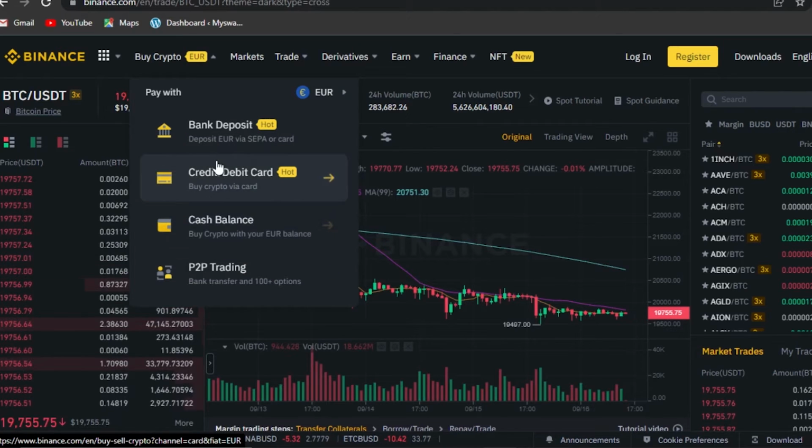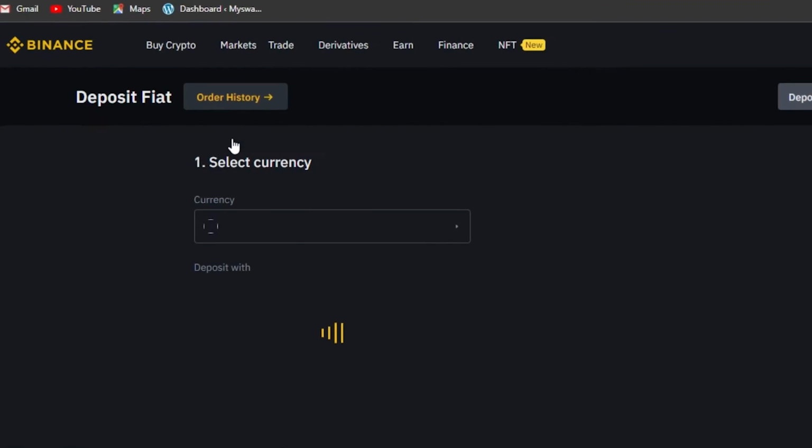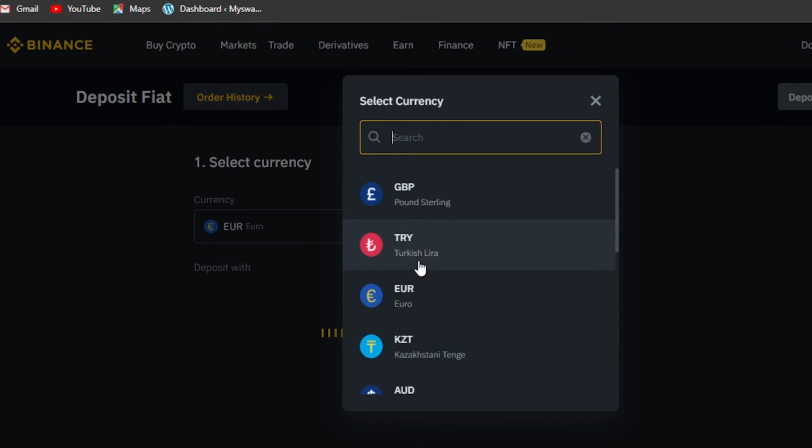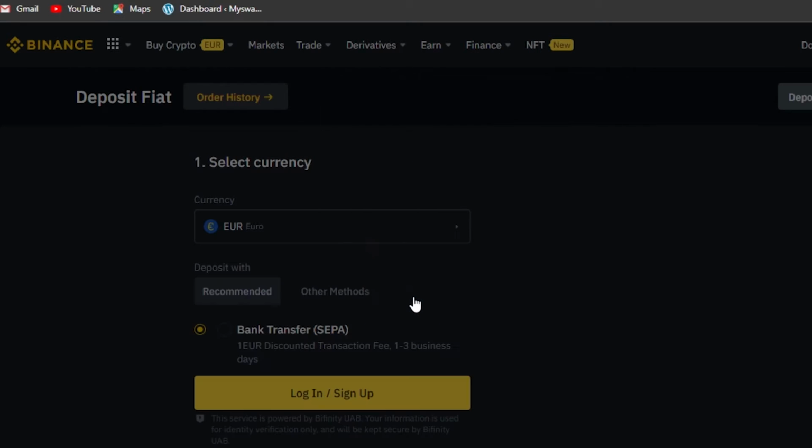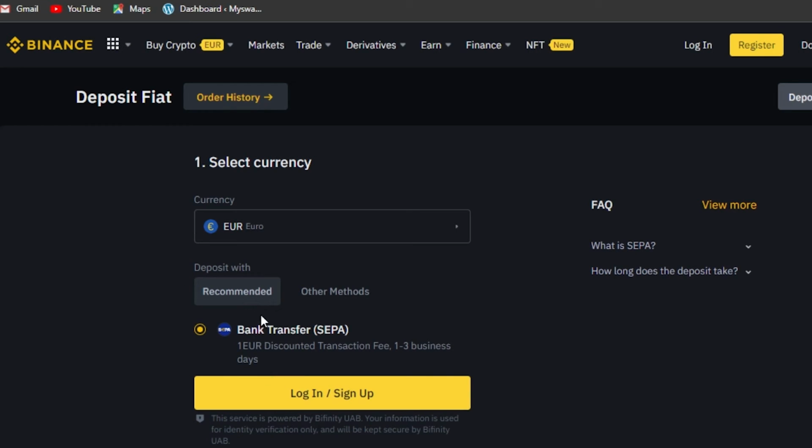Let's go with maybe a bank deposit. So I'll show you. You will select the currency. That's how easy it is to actually buy crypto on Binance. Select the currency. Let's go with euros maybe. Deposit with. So you'll just select the bank you want to go for. You'll select your simple bank for your euros, and then you will click on the buy option to buy the